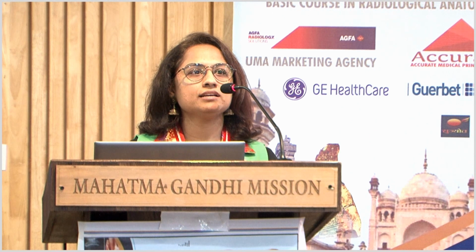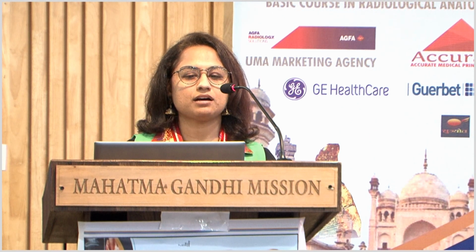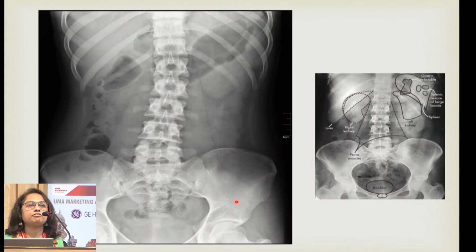Only if we know how the gas pattern is, how the air fluid levels are, and the fecal matter. So to know any pathology that is associated with the bowel, we have to have the barium study done next on the patient. So normal shadows cast by bowel on a radiograph will be only three. What are the rest of the structures that we can see on the abdominal radiograph? So we are going to go with the barium.